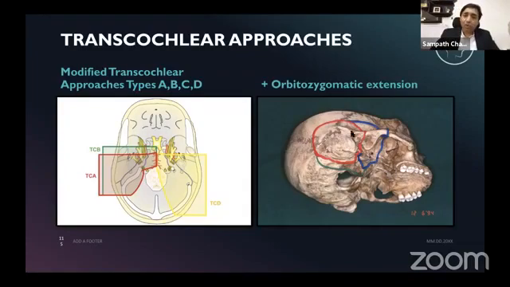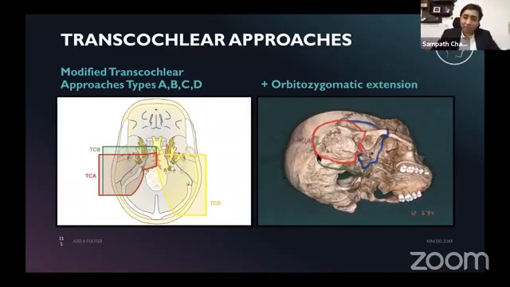Now, if you want to go further anteriorly and include the infratemporal fossa areas, that is called type B. Type C I will tell later. Type D is when you go posteriorly into the occipital condyle area, far lateral, and the suboccipital areas. Type C is an extension of type A where you go transtentorial. I showed you the tentorium earlier, no? Now you go transtentorial, that itself becomes type C.